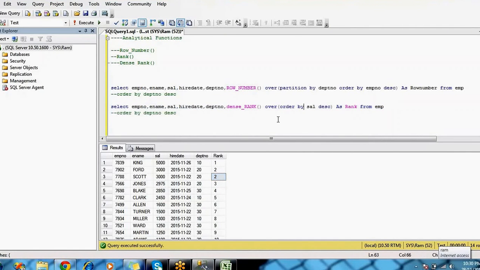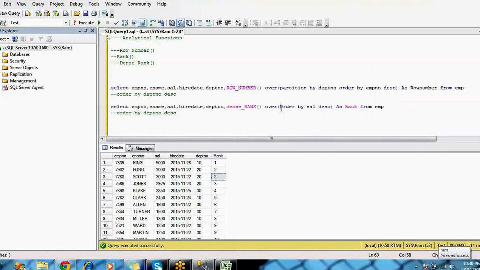If you want to do the partition: this is the entire employee list, at the employee table level, and you are giving ranks for the salaries. But I want to give the ranks based on the department number. In each department, which people have the highest salary, first highest, second highest, third highest. Then again you go to the second department.